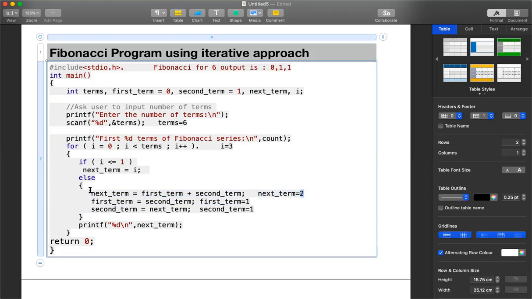Okay, now what we are going to do is we have to change the terms. Which should be the first term now? First term should be the value of second term. What is the current second term? Current second term is nothing but 1. Okay, so first term remains 1. What should be your second term? Second term should be the value of next term. That means this should be the next number. Then you come and print the next term. What is the next term? Next term value is 2. So it prints 0, 1, 2.